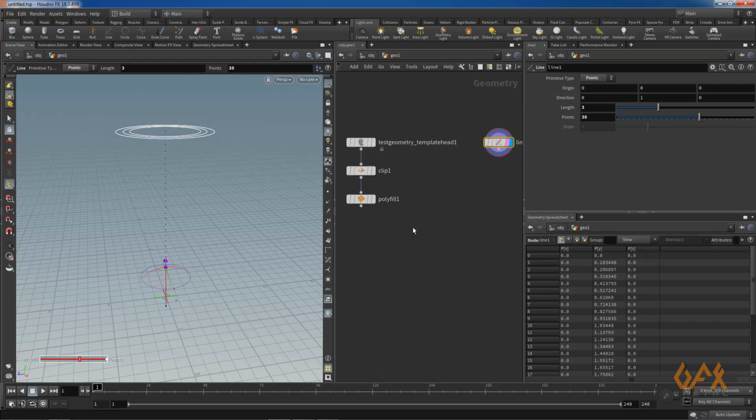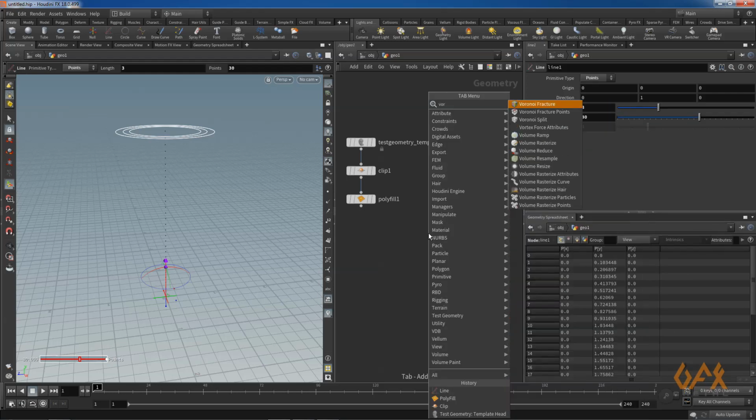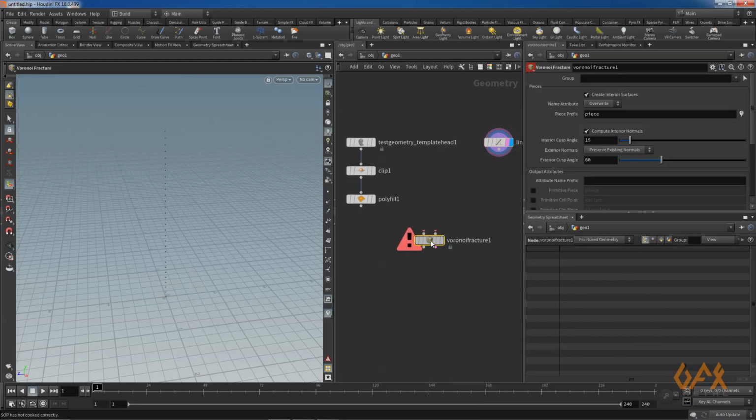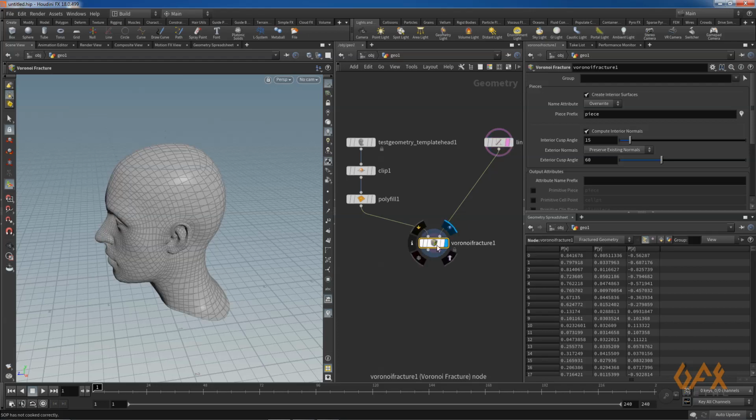Now to apply cuts on my geometry, here I use the Voronoi fracture node, and here you need to apply your geometry, and here the point group, that is my line.